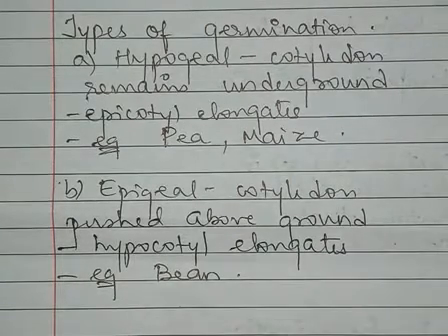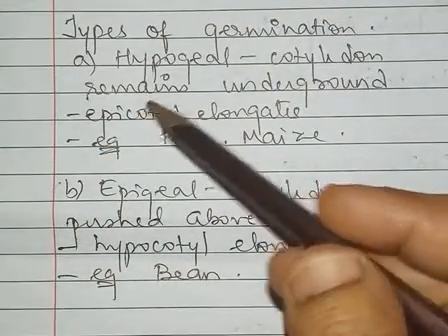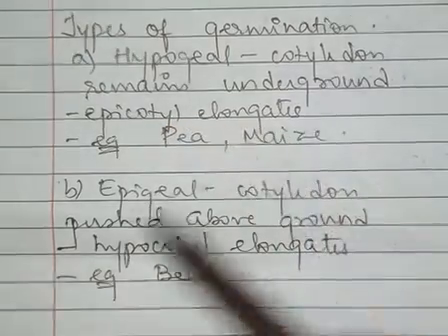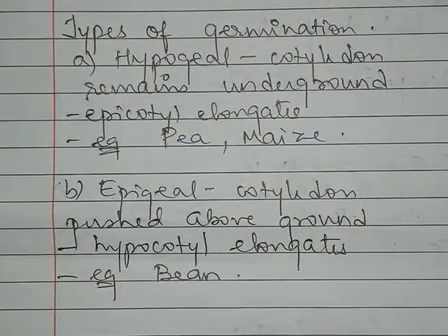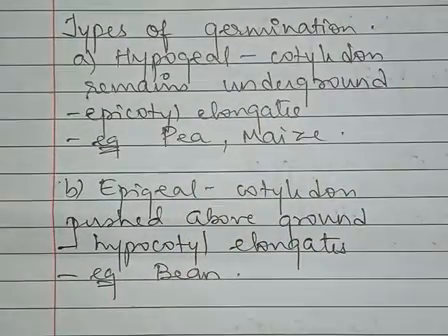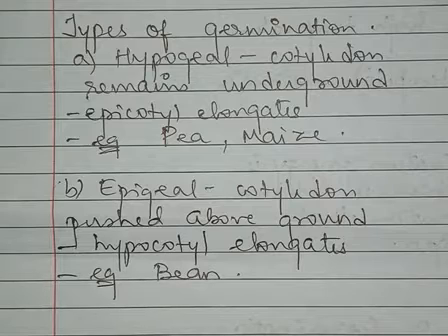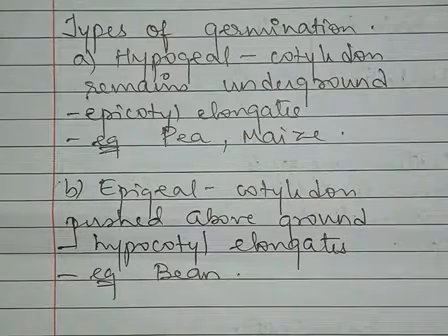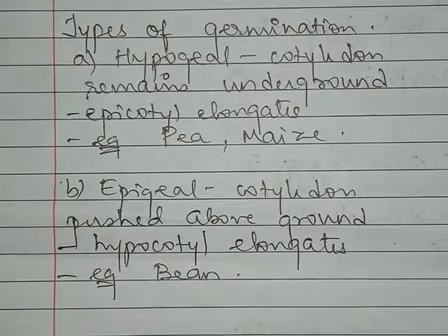Now we are going to study the types of germination, right? Basically, when you talk about the types of germination, there are two types, that is hypogeal germination and epigeal germination. Okay, now what is the difference between the two types of germination? That is what we are going to study over here. We will also study in which type of seeds the particular germination takes place. Just we will go through what is hypogeal and epigeal germination, and then we will discuss it in detail.